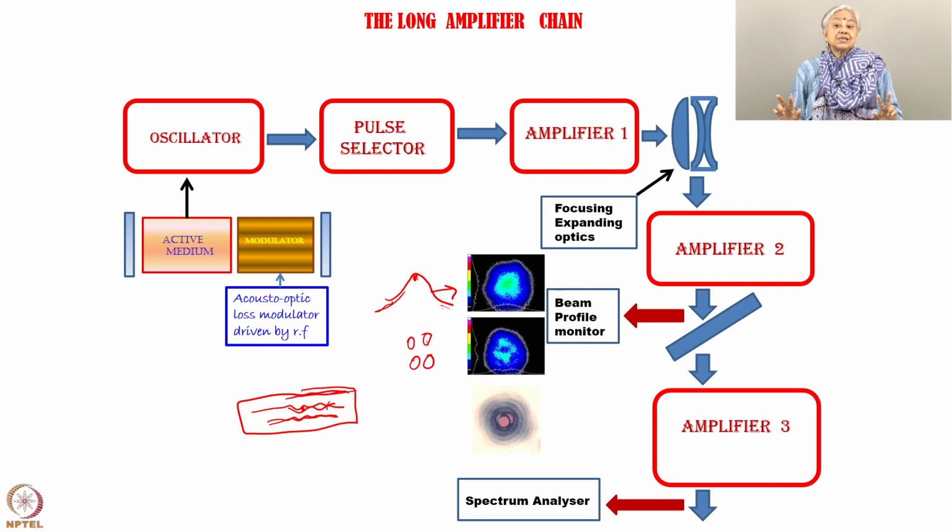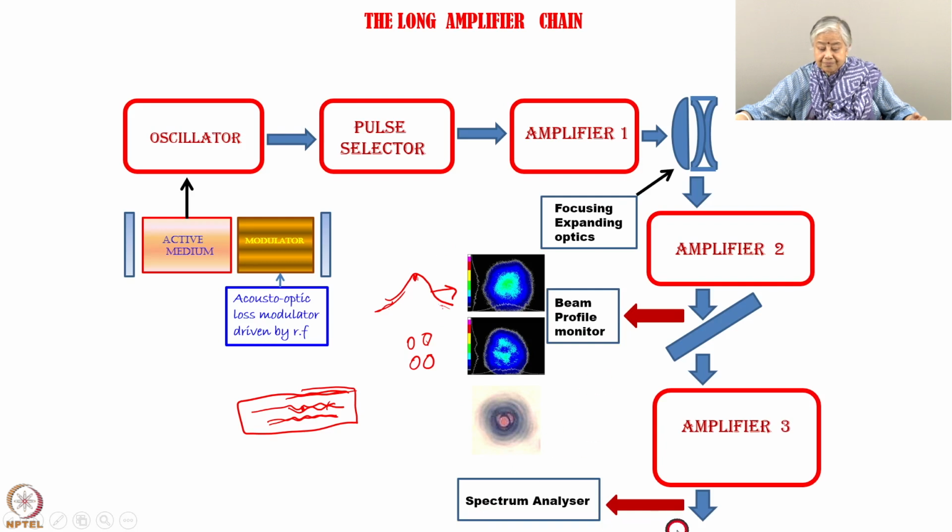See, again, in the case of carbon dioxide, such things don't happen that easily because it's gas filled. So scalability was better in carbon dioxide. Scalability was not so good in Nd glass systems. Okay, so you have to take care of the nonlinear effects. Then another effect that you have to take care of